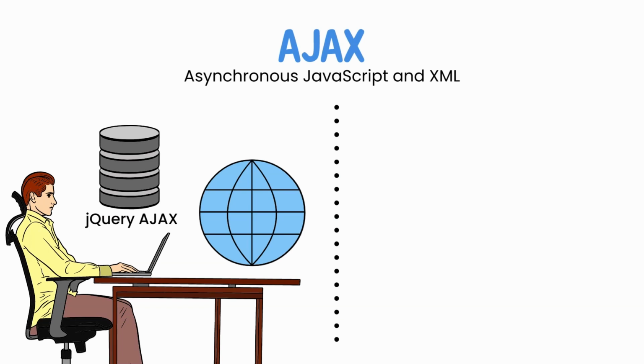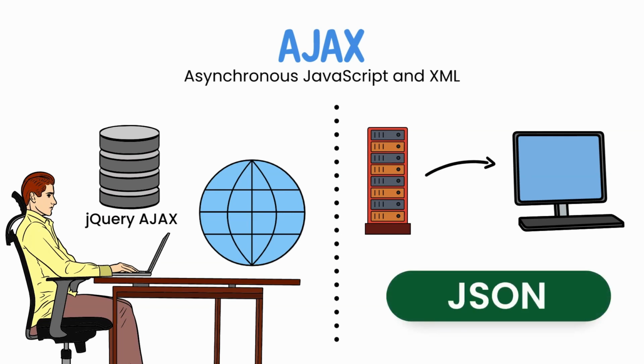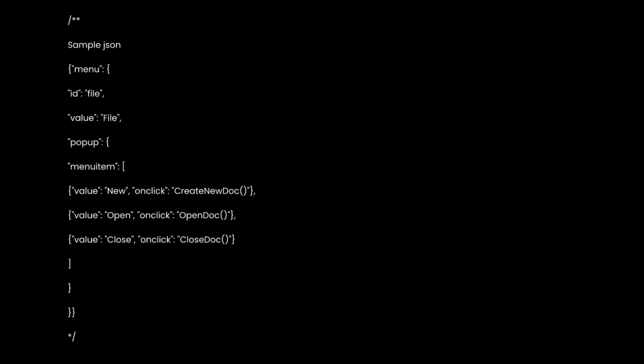We can quickly get data from any other website using AJAX, but the most common use is to get information from the backend to the front end. Data can be in many formats, but JSON is the preferred format for JavaScript. The JSON format is simple to parse in JavaScript. We can parse data and manipulate it.